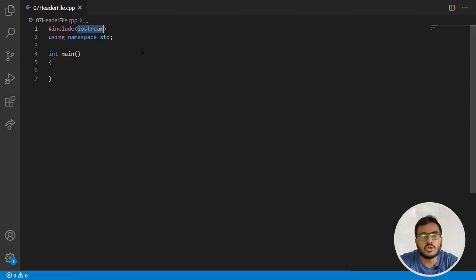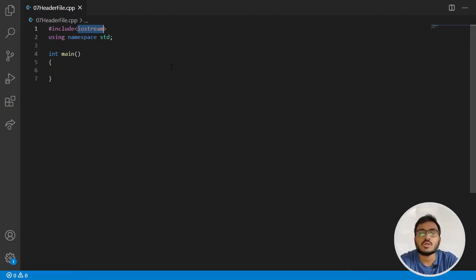Okay, so we are going to learn about the preprocessor directive and this hash include syntax, so don't worry about that. Right now just remember this hash include is called a preprocessor directive, and it is used to include the header file in our program, right? So this iostream is nothing but a header file that we are using since the beginning of this module in our program,